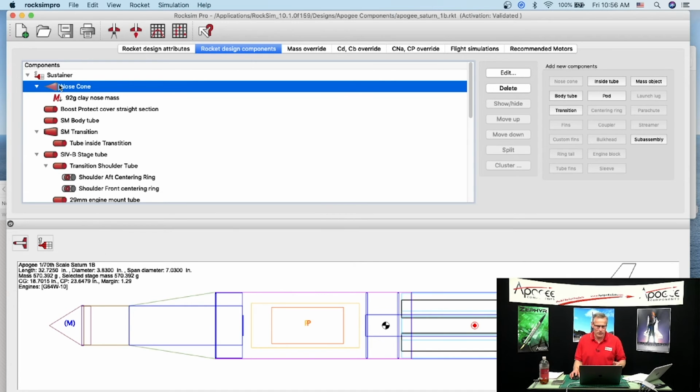I had a design with an escape tower on it. I think we deleted it because it was causing a lot of confusion. But basically, if the design already exists, you're going to have to delete the nose cone and then add this other part of the nose cone as a transition, because you can't really have,